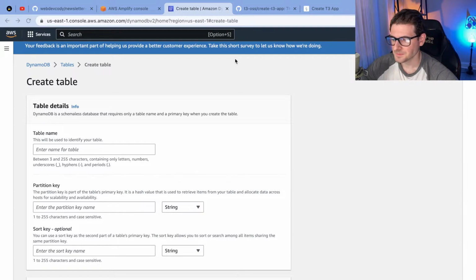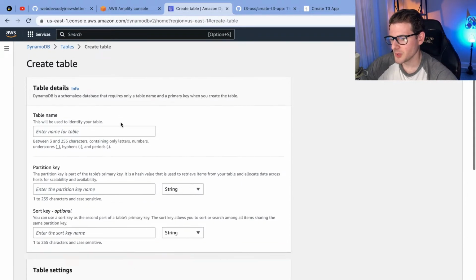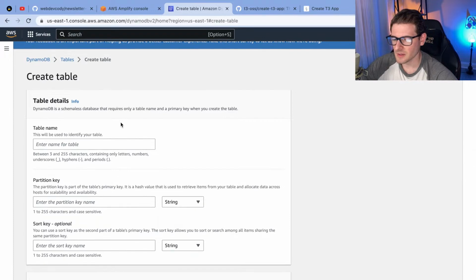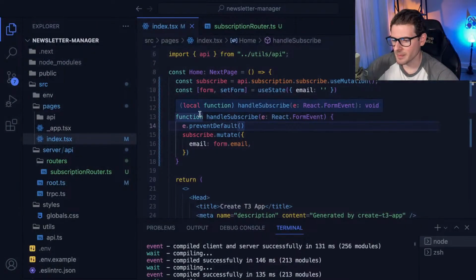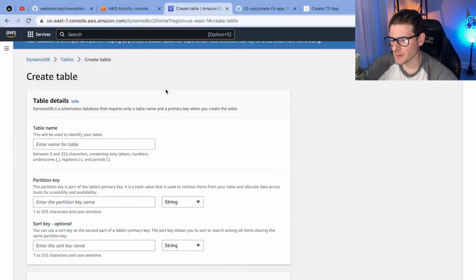Hold on a second. Now I'm doing ClickOps right now on Amazon. Professionally, you would use something like Terraform or AWS, what's it called? CDK, Cloud Development Kit or something, where basically you write the code, you run a command, and it spins up all your Amazon resources.